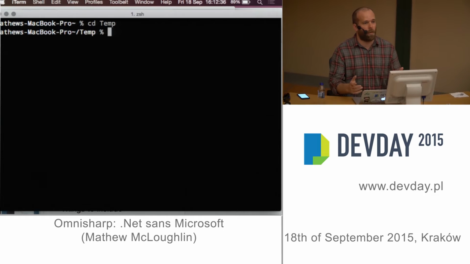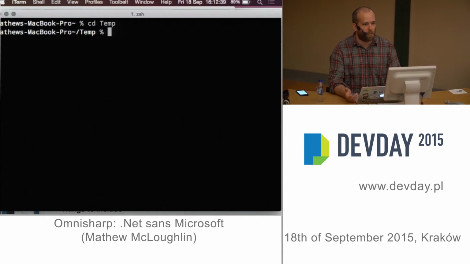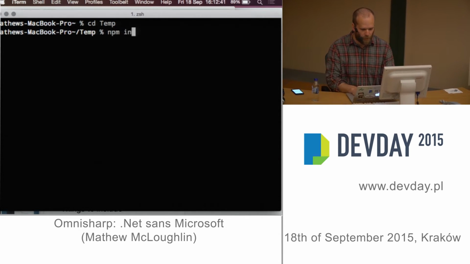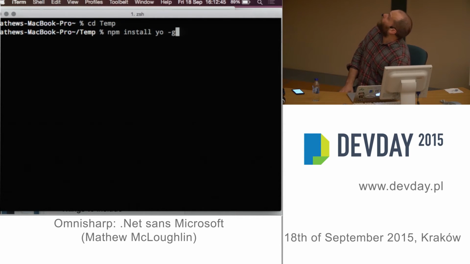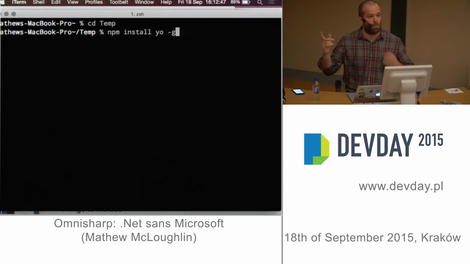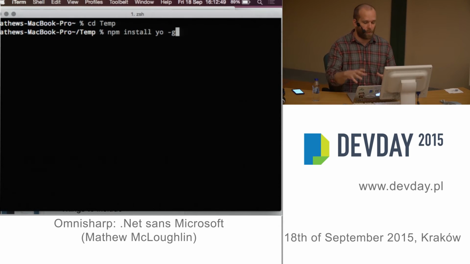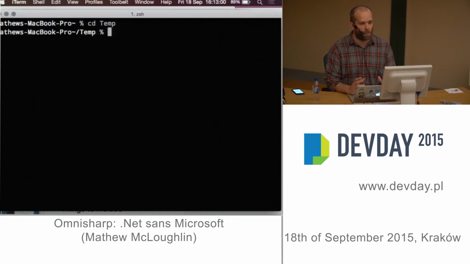So, the first part, as I mentioned, was the Yeoman Generators. Now, to get hold of Yeoman, it's pretty simple. You can use the npm package manager, and that's the command: npm install -g yo. The -g means globally, for people who don't know, otherwise it will install it in your local directory. I won't run that now because I don't trust the internet connection. But after that's run, then you need to get hold of our ASP generators. Now, they have a convention where all of their generators are in Node package manager, and they all start with the prefix generator. Ours is called